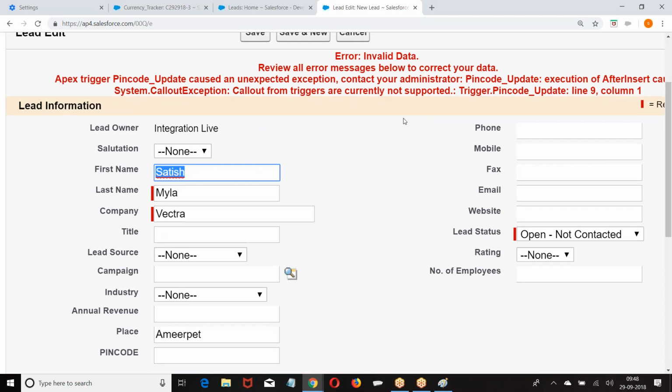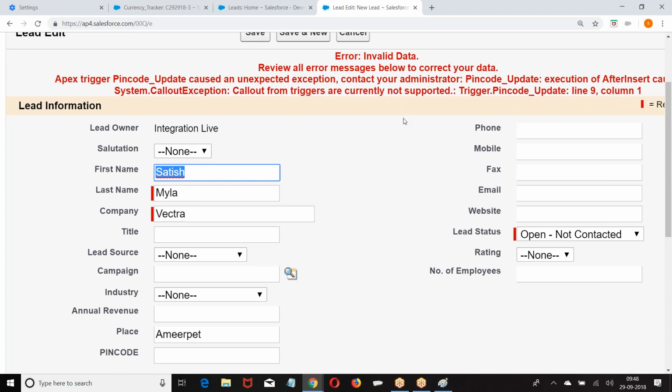Why? What is the reason? You are inserting the record. When you make a web service call, at max it may take 2 minutes. Let us assume it is taking 1 minute. Till that 1 minute, this record will not be saved. Let's say it's taking 30 seconds, till that 30 seconds the record will not be saved.